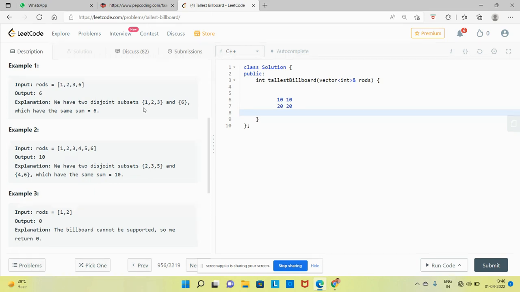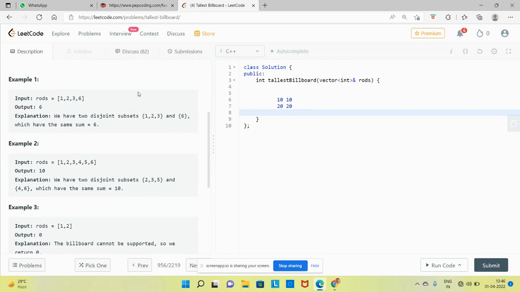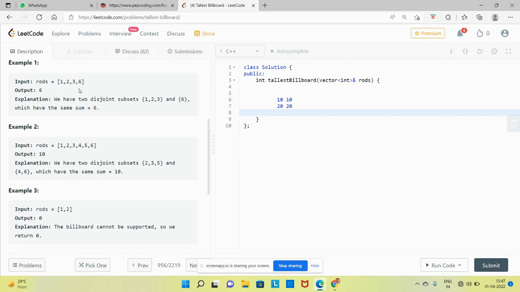So for example, you are given an array. To fulfill the condition of this maximum installation, you need to have two disjoint subsets whose sums together will form the two steel supports. The sums of those two subsets, which are disjoint from each other, should be equal, and it should be the maximum possible. So how can you build this? Given a rods array, you need to just pick the elements in the two